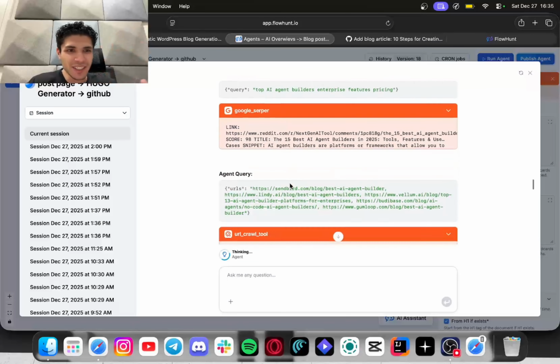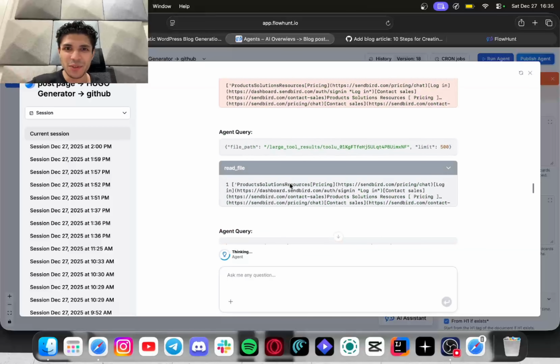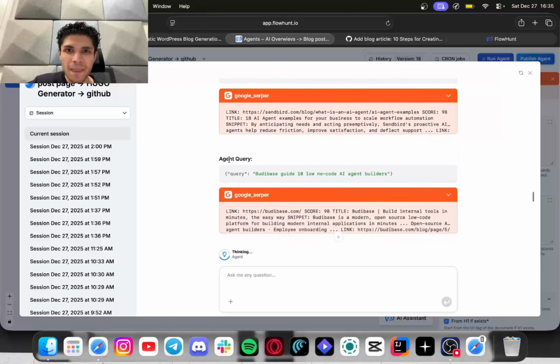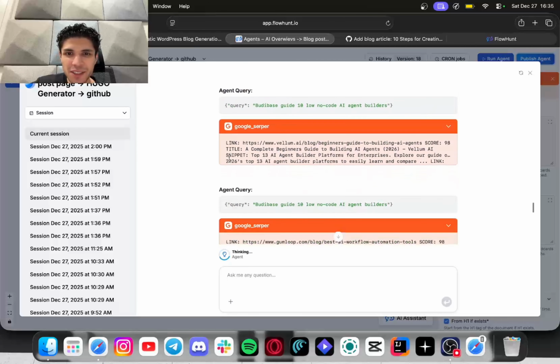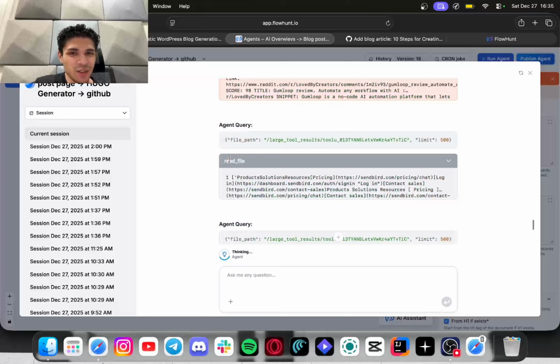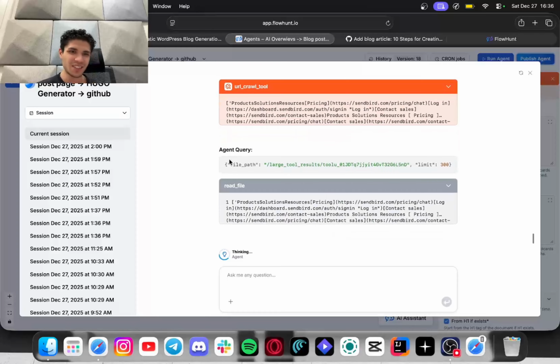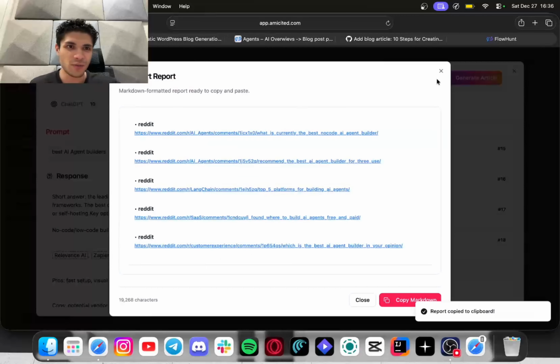And you see all the research that the agent is doing. It's also, for example, reading the files that are in our CMS, so it doesn't create duplicate content for us. It does really deep research. You see that it's using 20 to 30 calls. On average, it's using up to 30 to 40 tool calls to actually generate really high quality content for you out of the insight that was from Am I Cited.